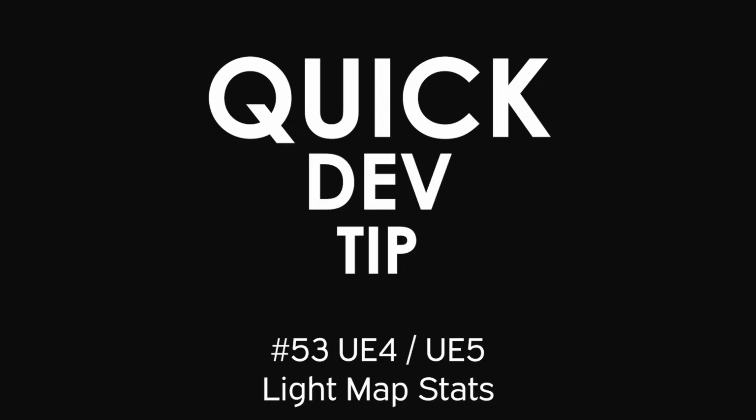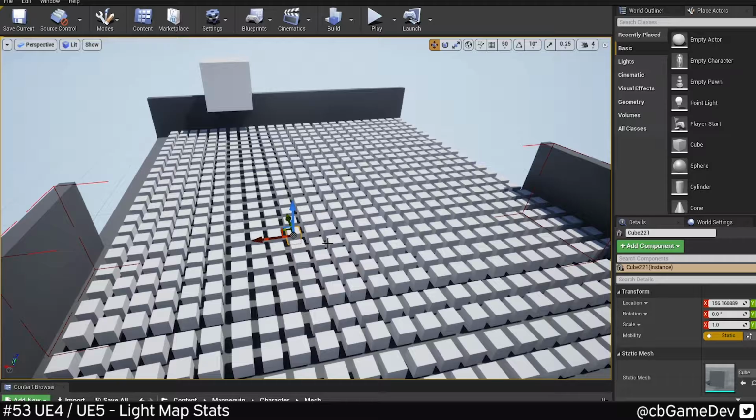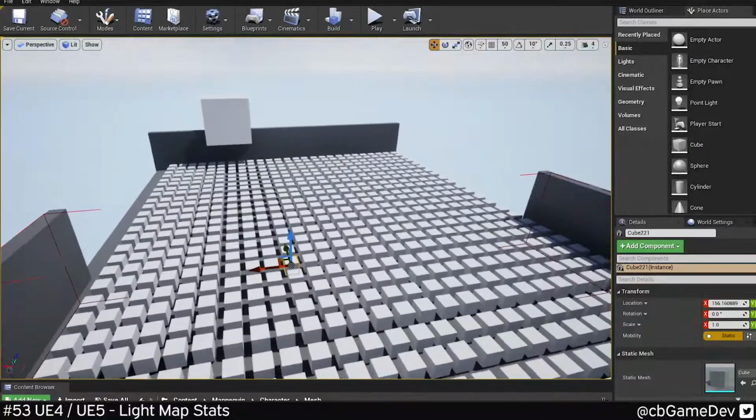Quick dev tip. Did you know that you can see a statistical breakdown of your light maps? This is really handy if you're trying to make your level look real good, but keep it optimized at the